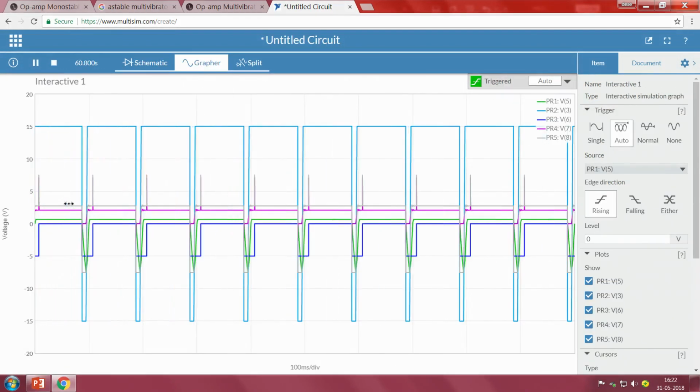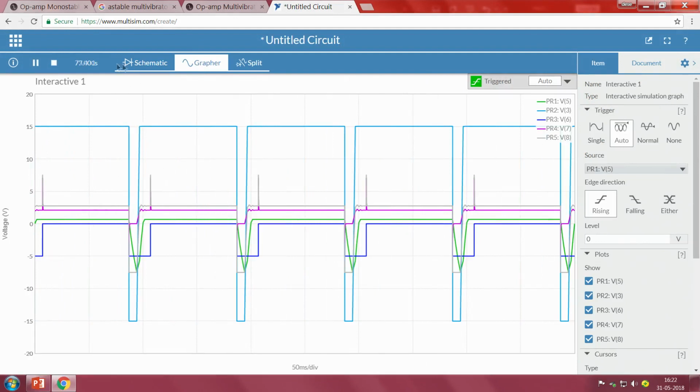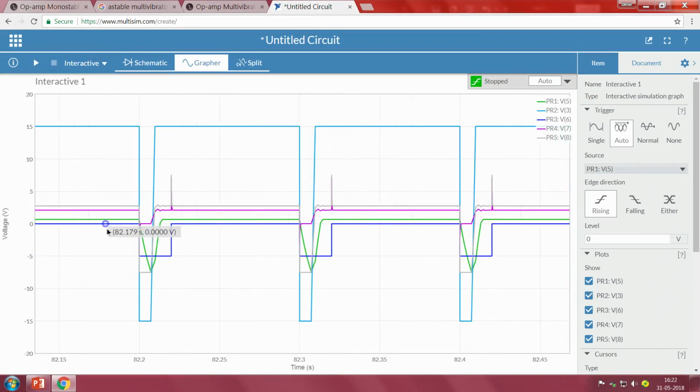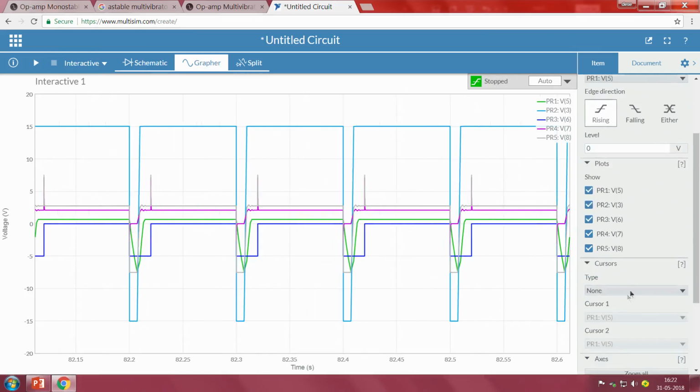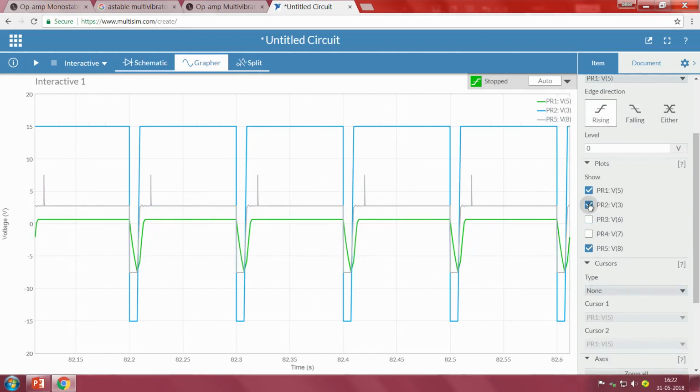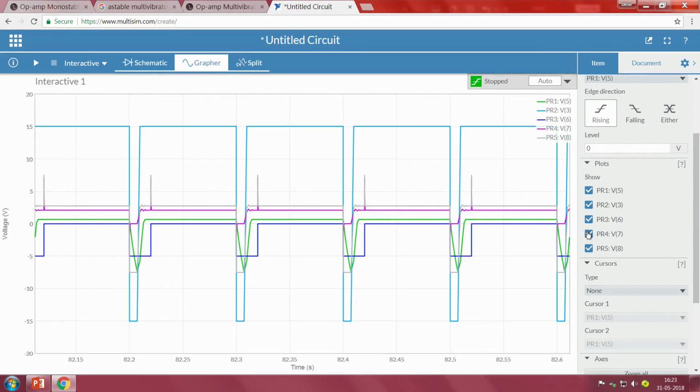Now, if I run it, have a look. When I zoom the value, we can see. Whichever is not required, I just remove it. We will see one by one. This is my input, the voltage across the capacitor, and this is the output voltage, and PR3 is the pulse that we are giving, PR4 is the output across the differentiator.